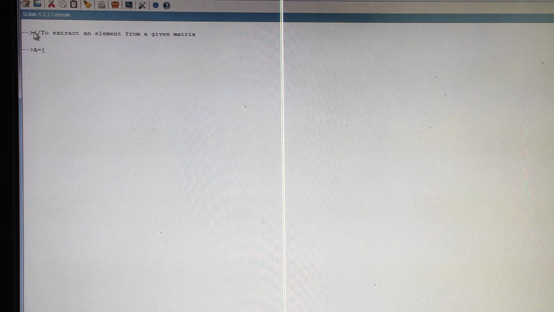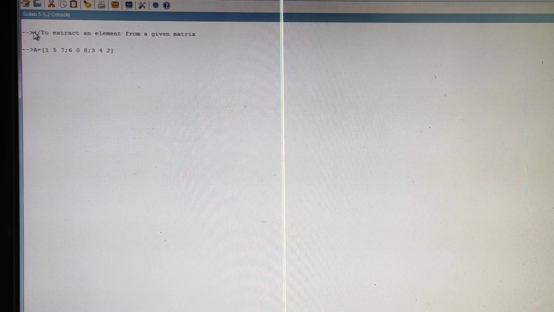I have already told you. First of all you should put a square bracket, then 1 space 5 space 7, then semicolon. Then 6 space 0 space 8, then semicolon, then 3 space 4 space 2, then close the bracket.